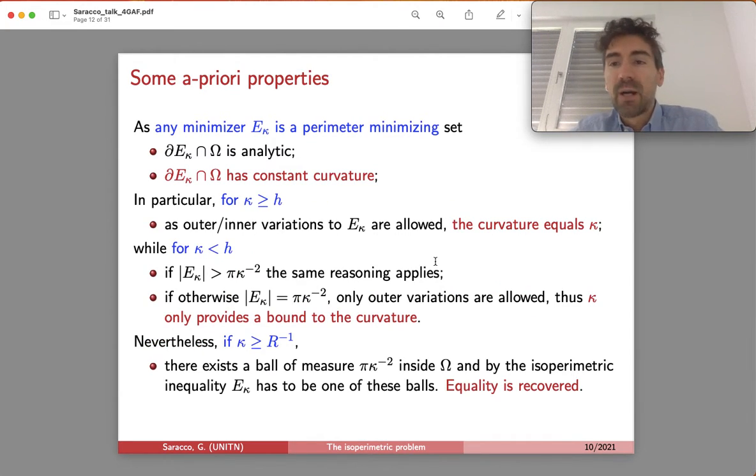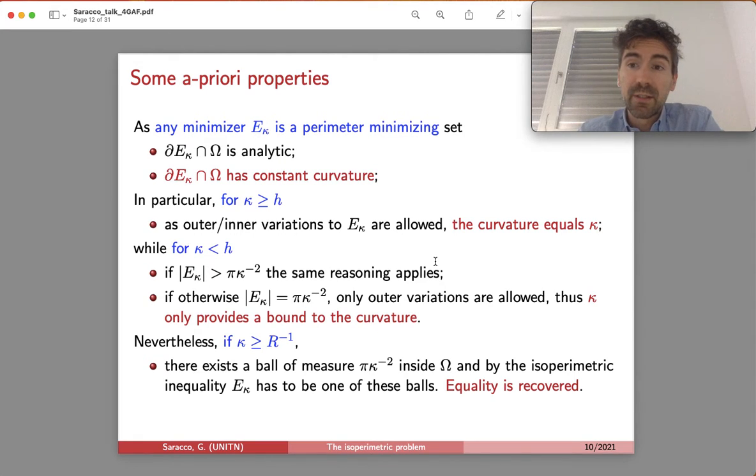So, just a few a priori properties. Since kappa is fixed, I will denote a minimizer E subscript kappa. And this set, as I told you, is a set minimizing the perimeter, an isoperimetric set. Thus, it enjoys a bunch of properties, such as its boundary inside the box is analytic, and its boundary inside the box has constant curvature,